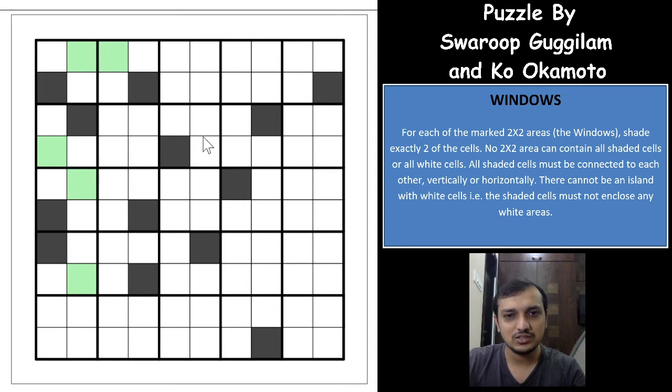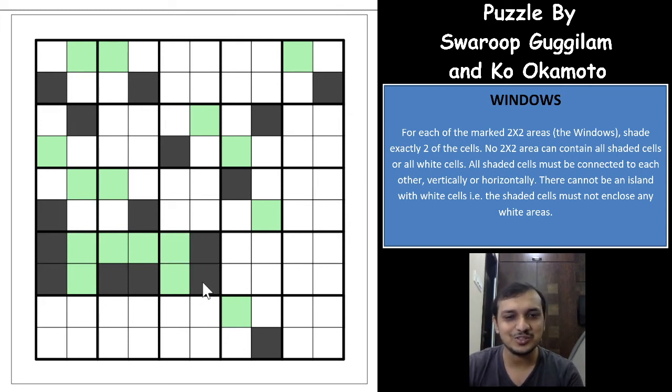We just eliminated all the white cells as well. So if you see here, the moment you mark this as a black cell, there is no way for this black cell to go out of the grid, because this region already has 2 white shaded cells, and you cannot mark this as a shaded cell. So which means that this has to be a white cell, which gives you this as, and this as a black cell, this as a white cell, this as a white cell, this as a black cell.